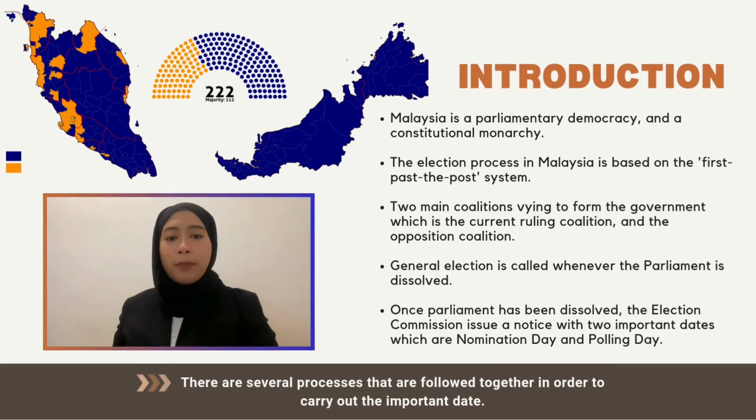Malaysia is a parliamentary democracy and a constitutional monarchy in which the king plays a largely ceremonial role, although he has certain discretionary powers. The election process in Malaysia is based on the first past the post system,